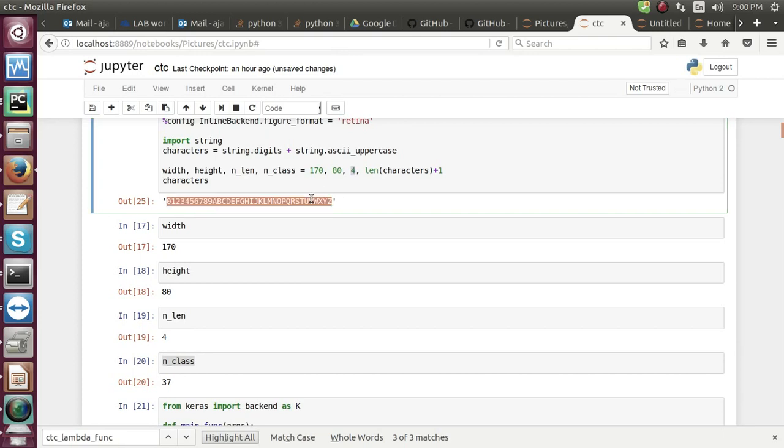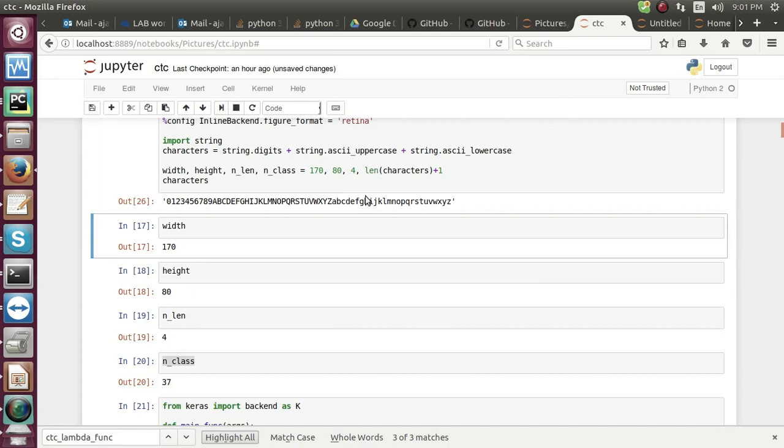Right now I built this model for capital uppercase, but if you have a lowercase model, all you need to do is add a string of lowercase letters, and you will see something like this.